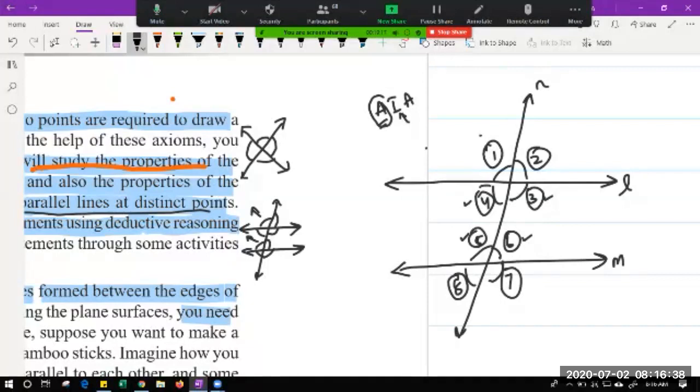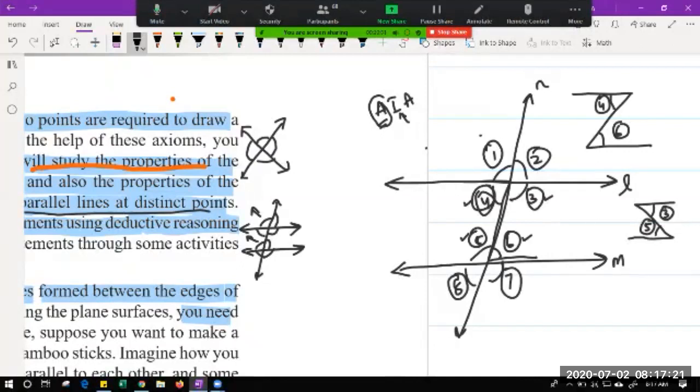If you see 4 is coming on this side, you can see a Z forming like this. So this is our interior angle 4 and this is the other interior angle 6. They are forming a Z and they both are in the interior. So they are known as alternate interior angles. Similarly, you can form an opposite Z like this, and you can see that 3 and 5 are also coming in this Z only, and they are in the interior, hence they are also alternate interior angles. Make sure you are understanding the word interior.